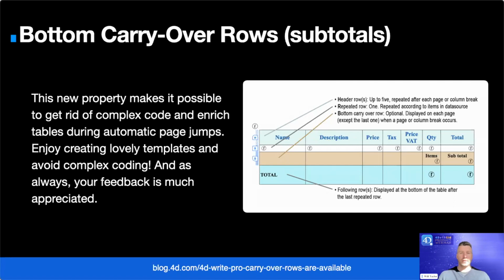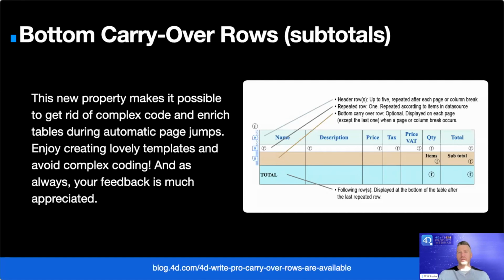And this is often necessary and sometimes even legally required when editing long invoices, for example. So 4D v19 R7 allows for the inserting of a subtotal line at the bottom of each part of a respective table that can be filled automatically, which was a 19 R6 feature. And this can be done through either interface, the toolbar interface or the sidebar interface, the table menu, the properties menu for bottom carryover row, or by programming,